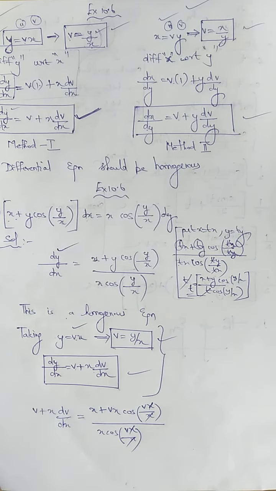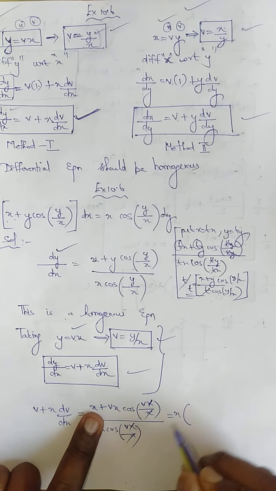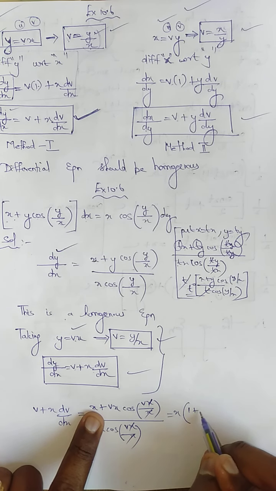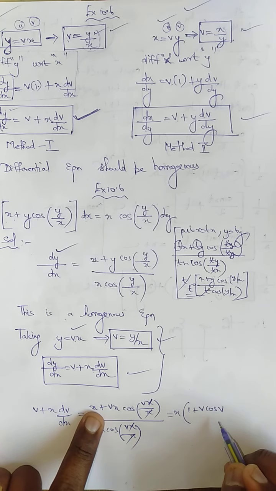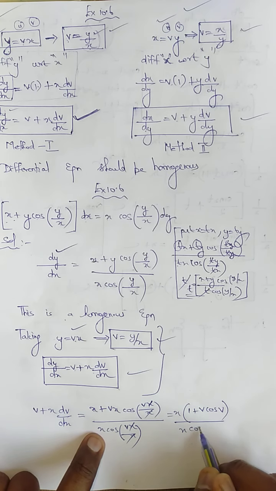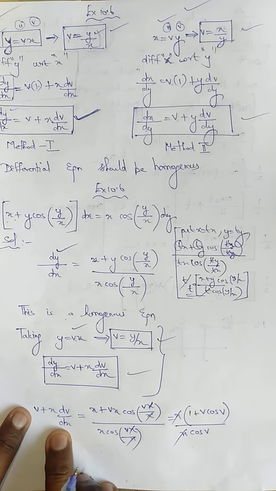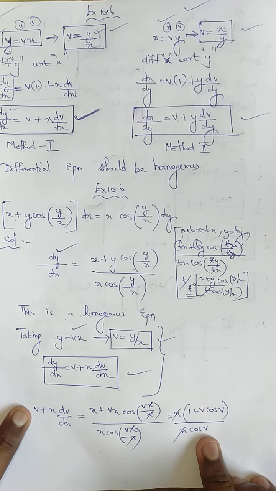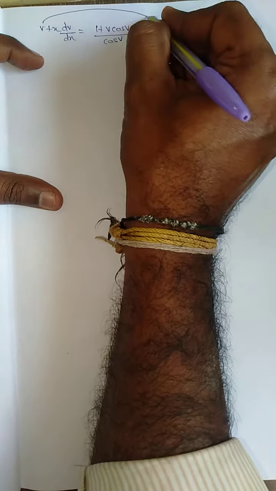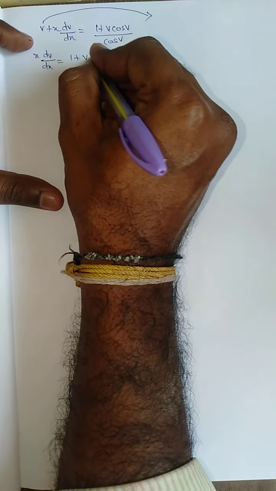So next, x is common, I can take x outside. If I take x outside, 1 plus v into cos v, divided by x which is already outside, into cos v, x cancels. Then what is remaining? V plus x into dy by dx is equal to 1 plus cos v divided by cos v. So I have written this. Let v come to this side, so it becomes minus v. So x into dv by dx is equal to 1 plus v cos v divided by cos v, minus